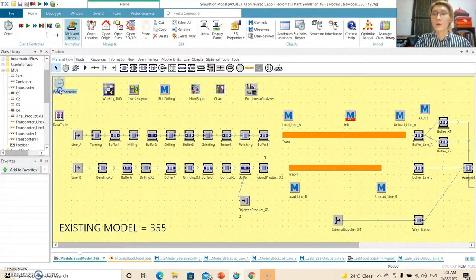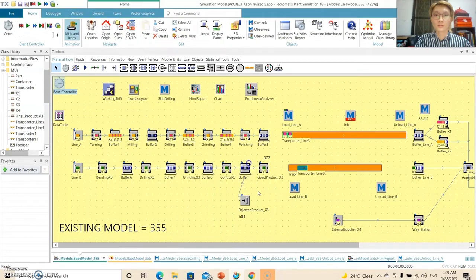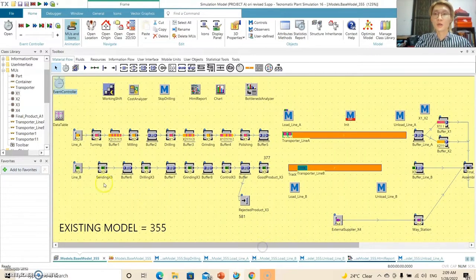Now I will run our model. So now it has finished running. As you can see, our finished product is 355 and our rejected product is 19. So according to the question,